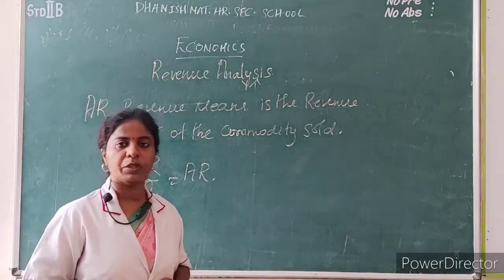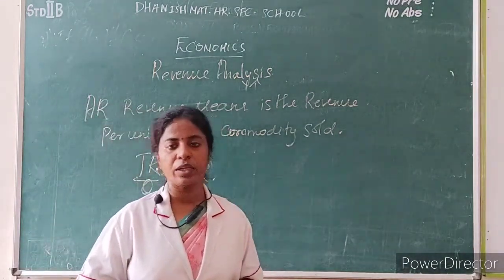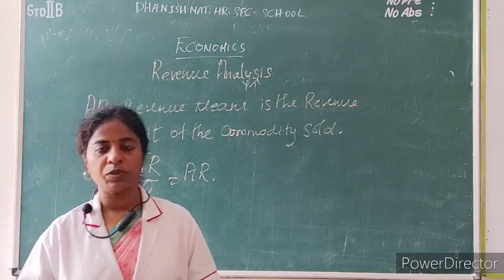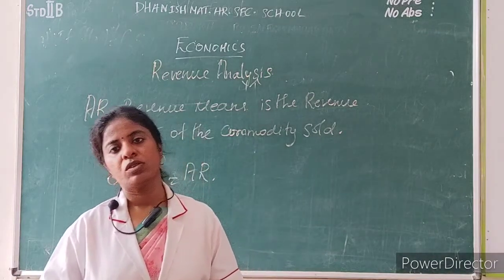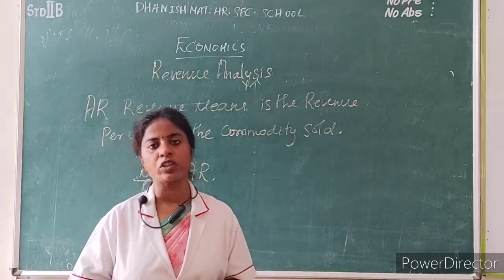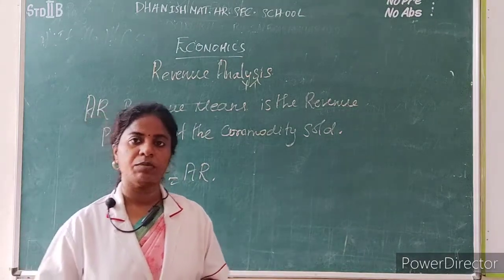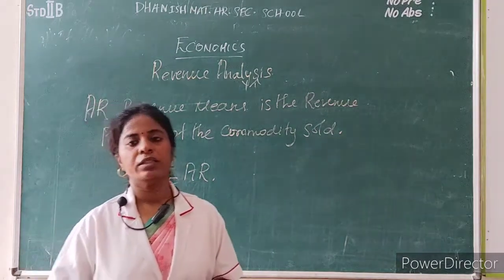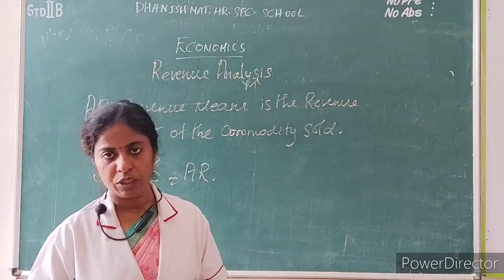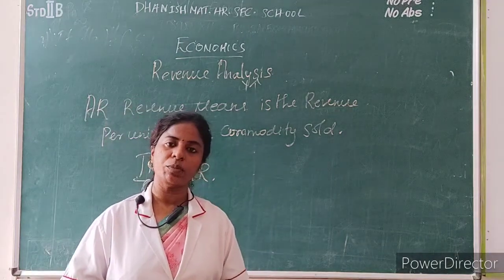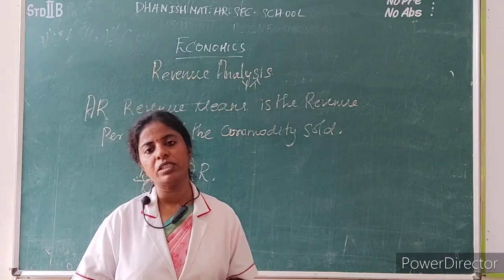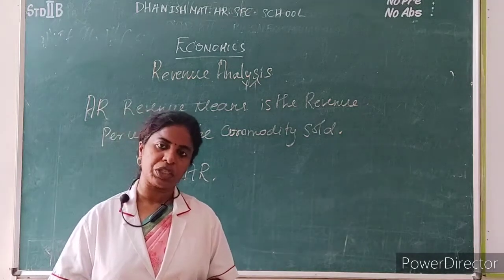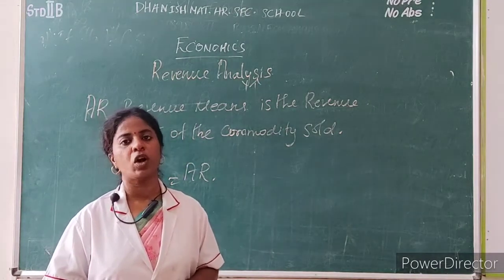Okay. So again I will repeat. Under revenue analysis, what do you mean by revenue? Revenue means the output which has been sold by an entrepreneur. That amount is called revenue, or it is called profit, or it is called income. This revenue is divided into three. One is total revenue, second is marginal revenue, and third is average revenue. The first, total revenue. What do you mean by total revenue? Total revenue means the income which is earned from the entire sale of the production. Okay, the entire sale of the output is called total revenue.